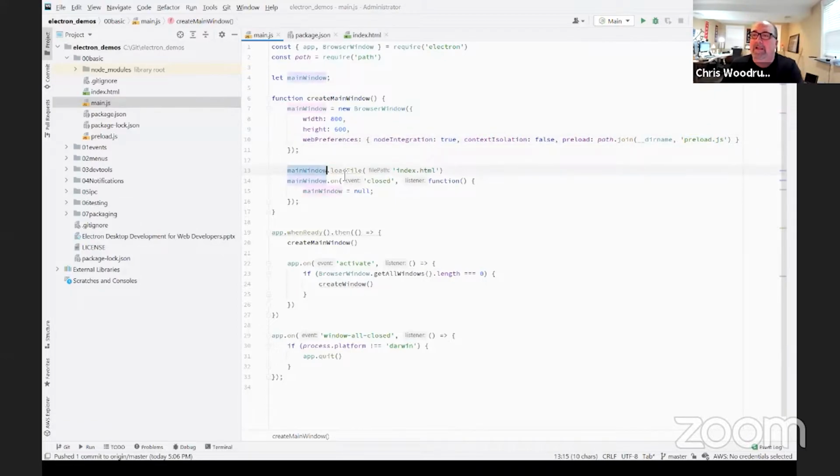In here, all I really have to do to show my application is to load a file. So for this example, I'm just loading in the index.html. If this was an Angular or a React application, I would just have to point to that initial file that would kick off the application for either one of those frameworks.